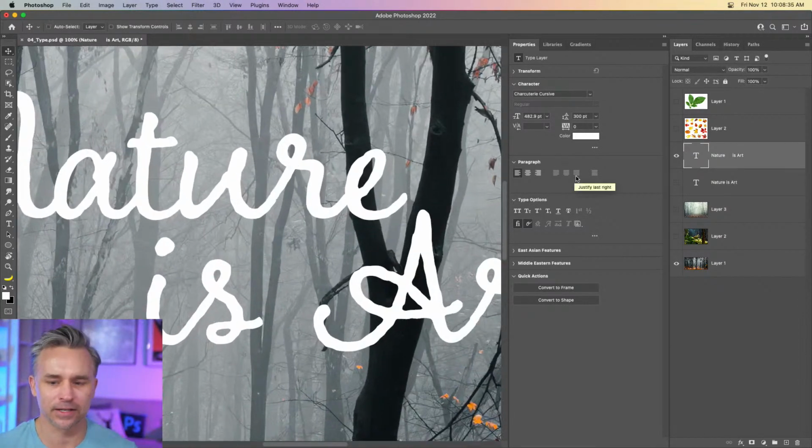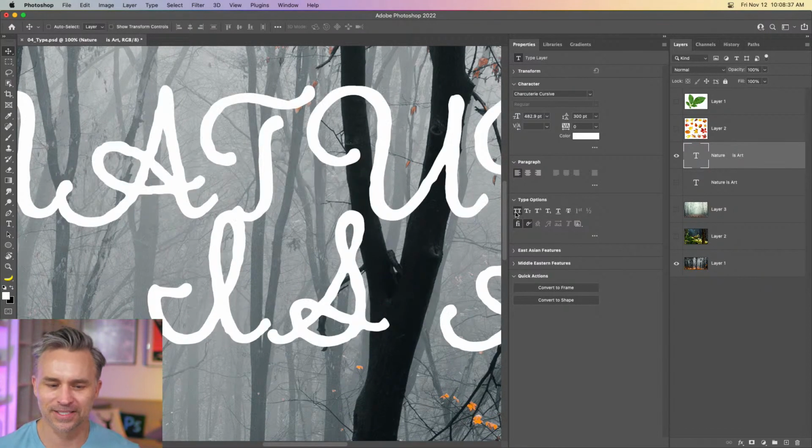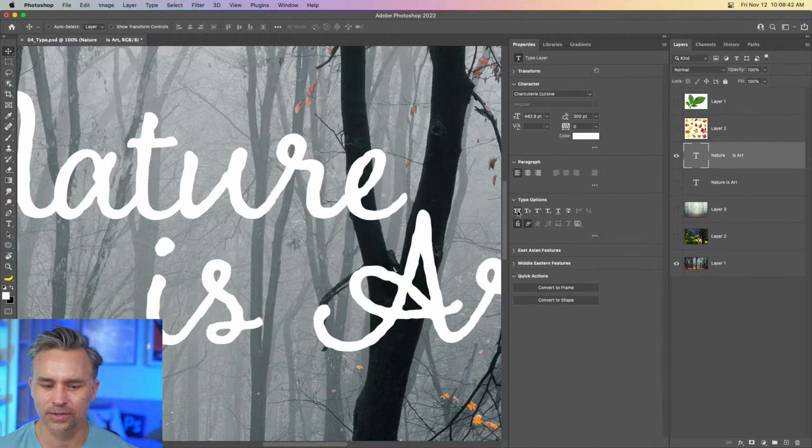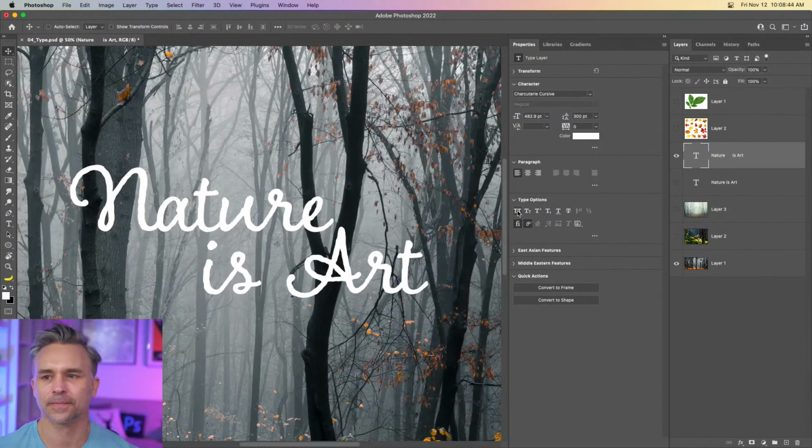What I basically did is right in here, this was set to all caps. So this little button was turned on. So I just turned that off, and there it is. Cool. It could be anything. All right. Hopefully I explained it well enough that even though you didn't see it, you kind of got what I was talking about. I'm so embarrassed.